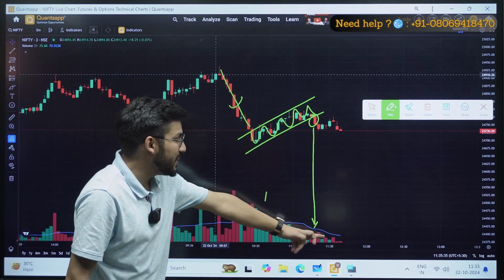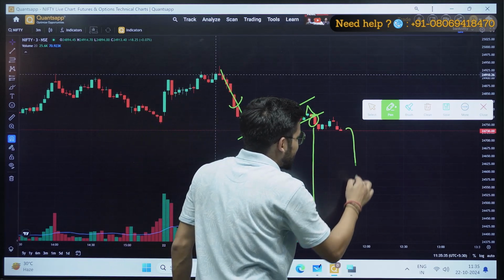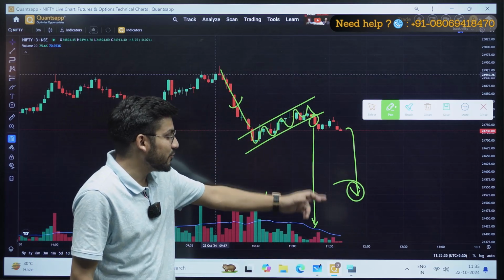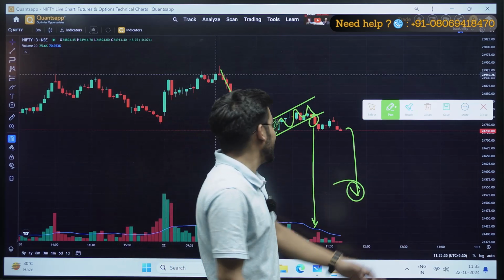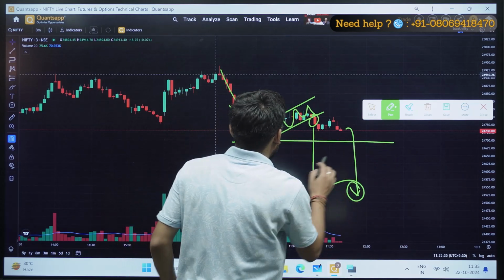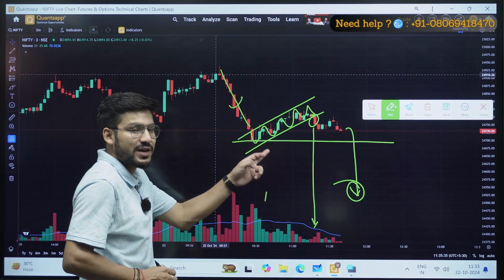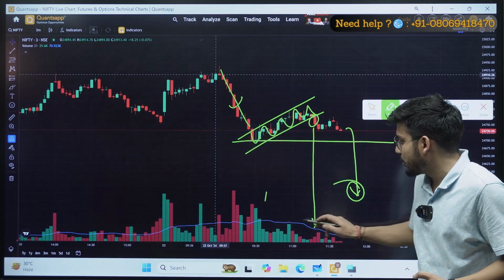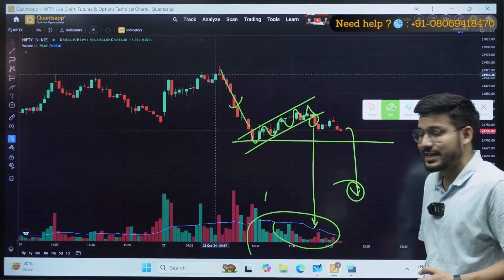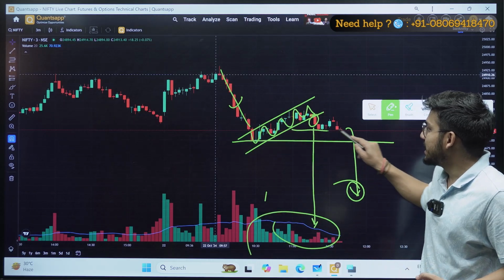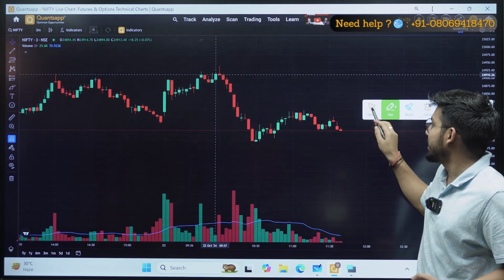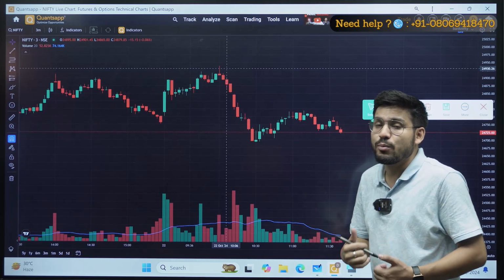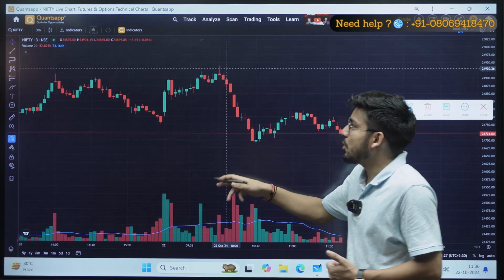So if there is good volume in the market, this can go in the bearish direction as well. You just have to wait for the volume to increase, and at that time, if it breaks your previous low, if it breaks a swing low as well, at that time you can interpret there will be a good momentum with a good volume. Right now I can see there is not good volume in the market. That is why my market is in a sideways direction. It is currently trading sideways. So this is how you can interpret how the momentum will be in the market with the help of these types of patterns.